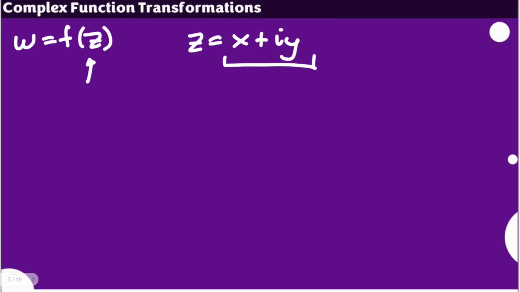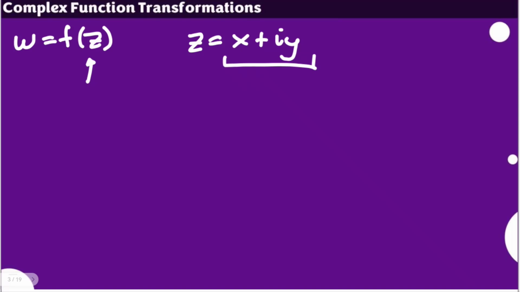Instead of a function of z, it might be considered as a function of x and y components, but basically x and y are just components of our z. This is what we talk about as complex function transformation, or basically the process of substitution as well. We need to talk about this one because as we proceed later on to some types of functions, we can also verify our processes and results with the idea of transformation for the complex function.